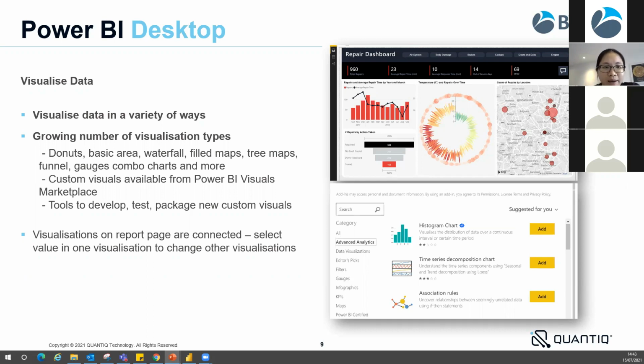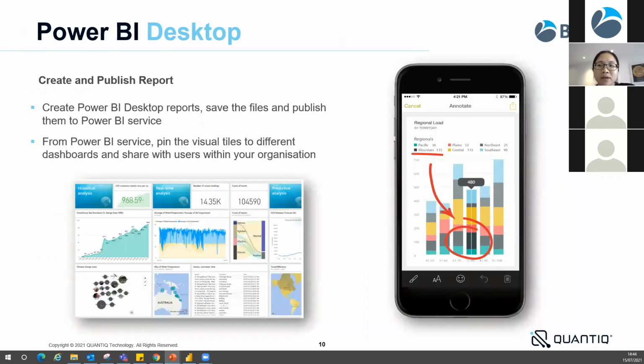And after you have finished all of those visuals and all of those tables, you gather them together to create something called Power BI reports. And you can have different pages in the report. And then you save the file as a PBIX file. And then you can send the file to other people, and if they download Power BI Desktop, they can also open the file and have a look at the reports that you created.